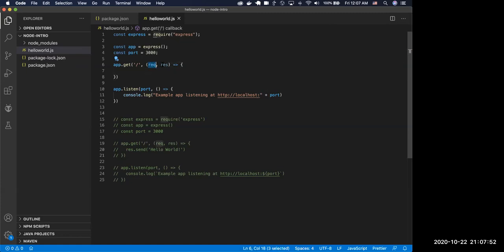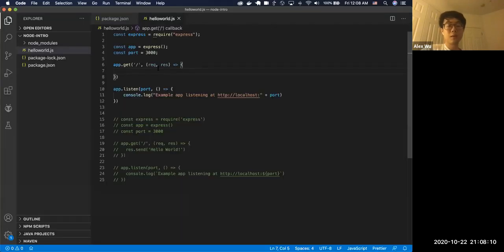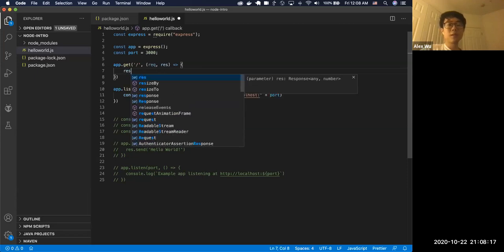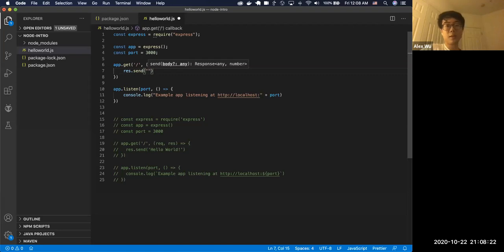One's request, one's response. The request is essentially when a user enters a web server or any website, it will first of all send an HTTP request to this website, and then we'll give it a response. For now, we can ignore request and just use response. Response is an object, and you can use response to send stuff. For example, if we send hello world,